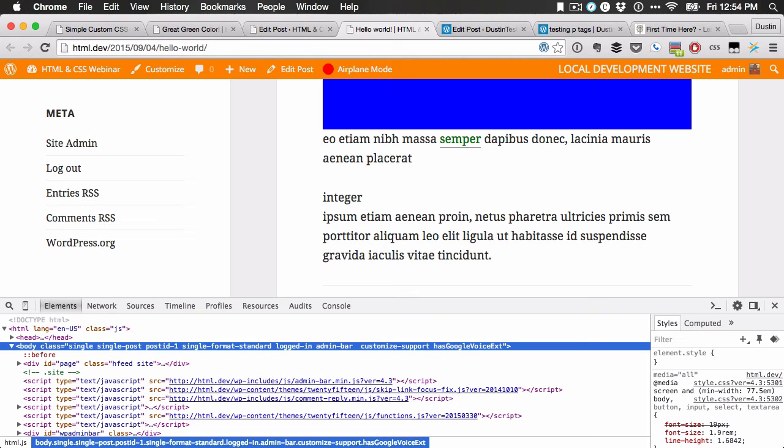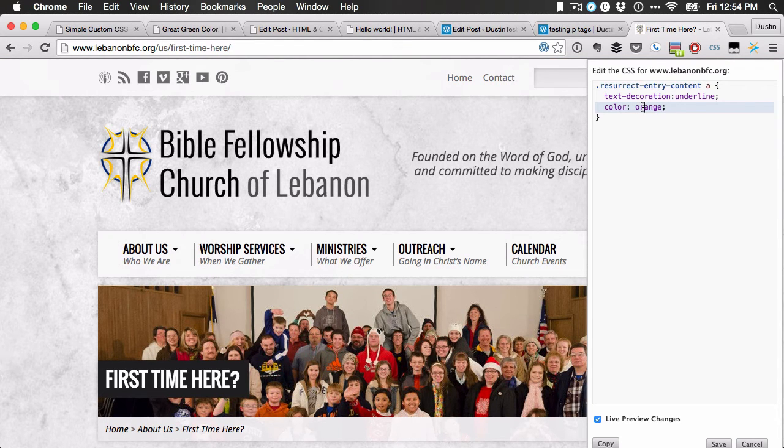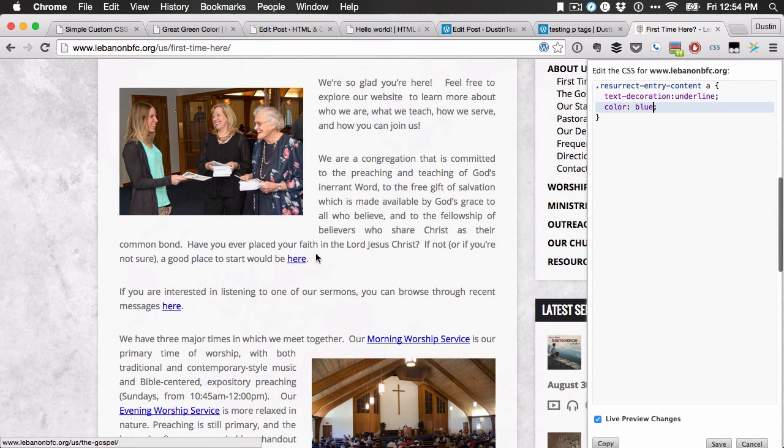David says that he would rather have blue links rather than orange links, which is fine. That's no problem. So what you do, David, is you can take this code and change it to blue. Or if you wanted a very specific color of blue, something I didn't mention is